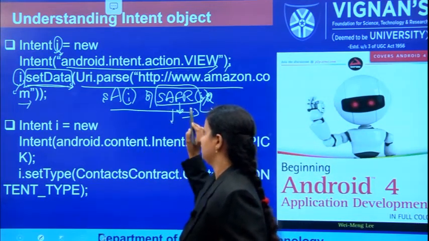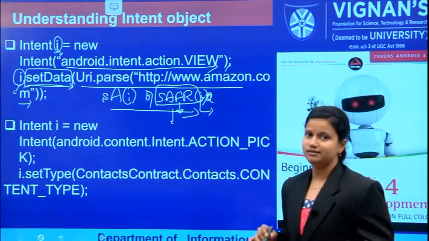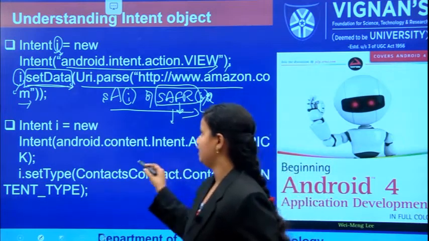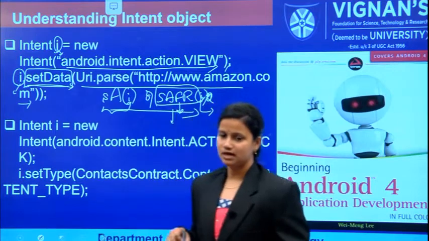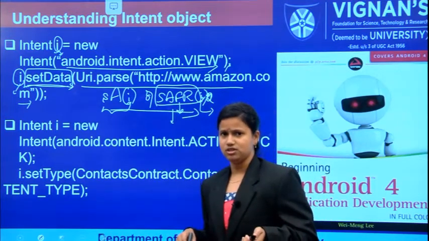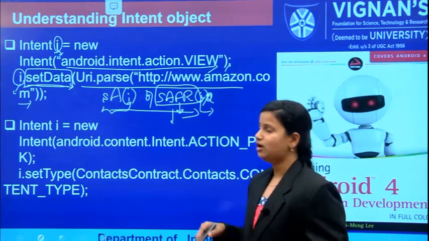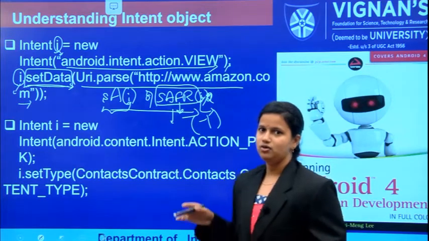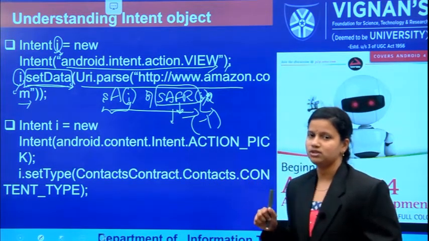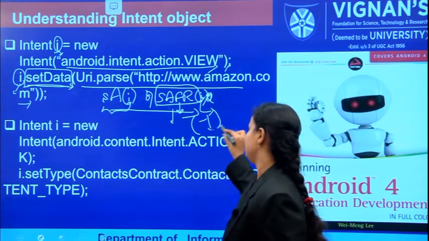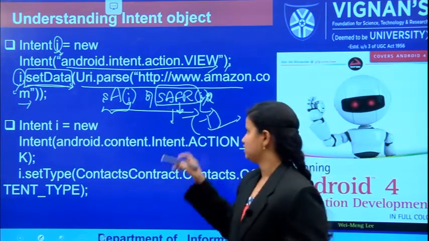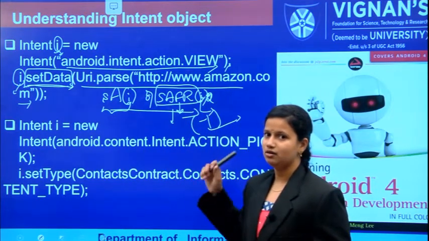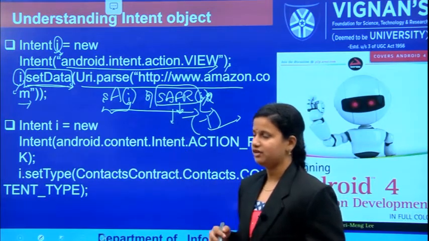If a result is to be passed, that means if you are passing or acquiring any result, you have to go with startActivityForResult. If you do not have any result, we directly take startActivity(i). Here is one more thing: if you mention the request code as -1 in startActivityForResult, what does that mean? You are not passing any information. In that situation, startActivityForResult will work similar to startActivity(i).